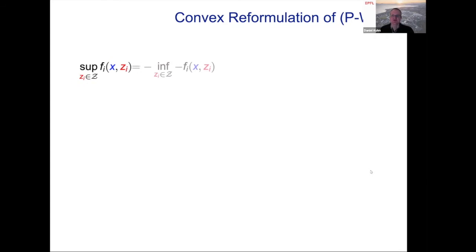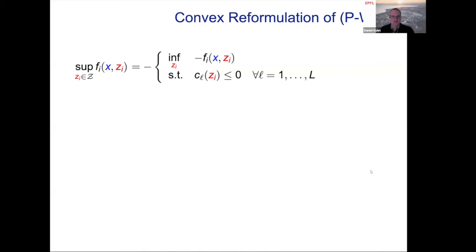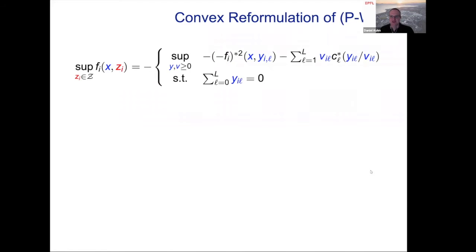So to see this, let us focus on one of the embedded maximization problems over the uncertainty realizations in the ith constraint. And let's convert this maximization problem to a minimization problem by factoring out the -1. Now, using our assumption about the uncertainty set, this minimization problem can be represented more explicitly as a constrained convex minimization problem. And of course, we can dualize this. So this convex problem can be dualized in the usual way. So it can be transformed to an explicit convex maximization problem in the same way as before.